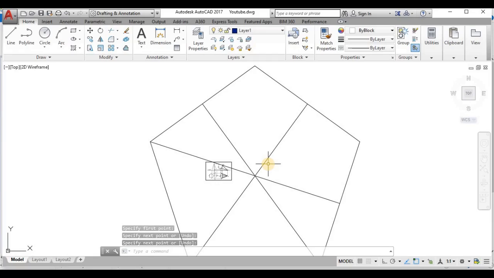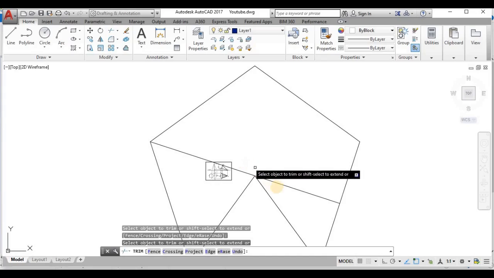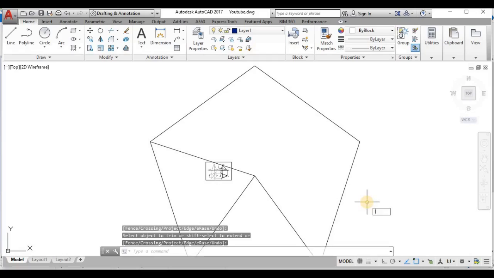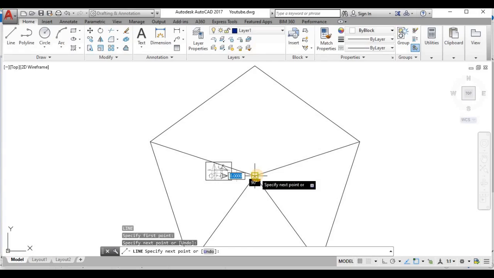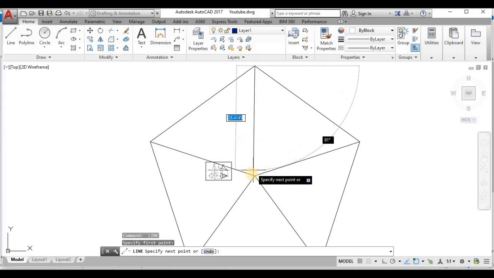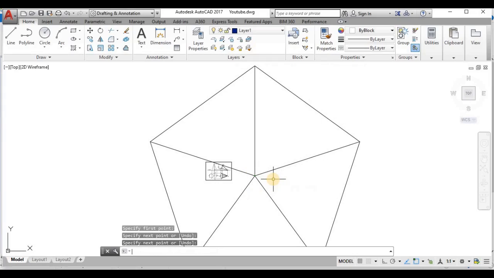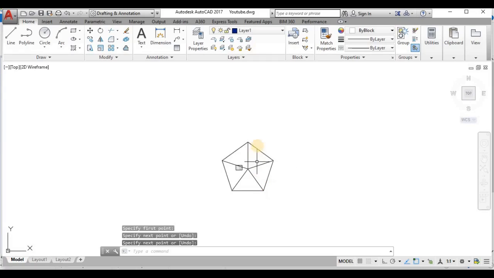So we can find the center, and we can remove these lines. So I shall use the trim command. So I have found the center portion.